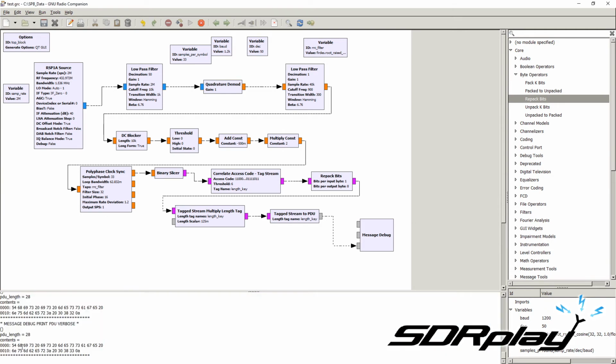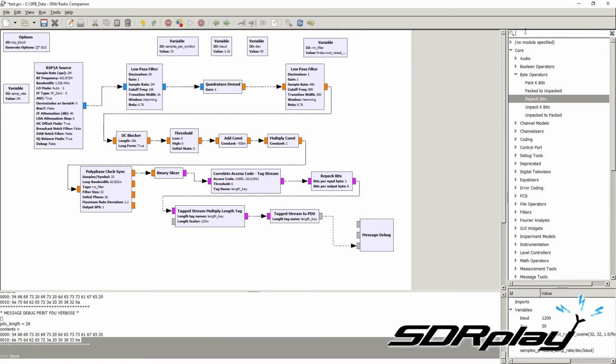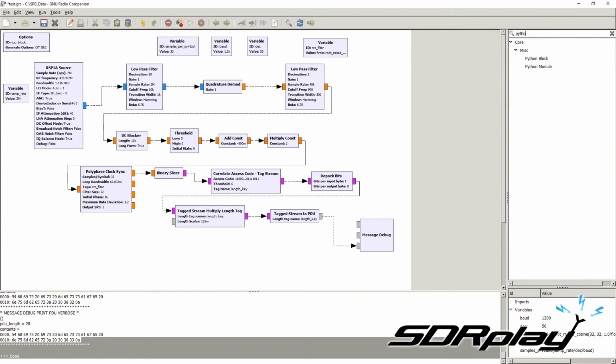But this is a little bit difficult to use. We need to copy and paste and convert the values. What if we actually wanted to manipulate this data? GNU Radio offers us the possibility to add a custom block. We can look for it as a Python block. With this Python block, we can take any input and do whatever we want with it. We can, for example, put it in the output of our PDU